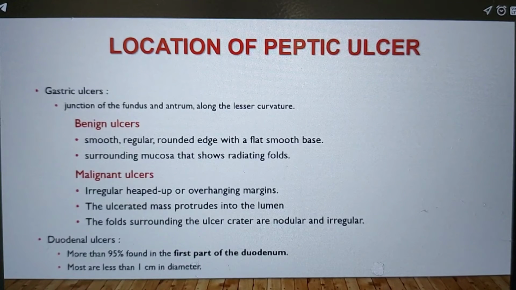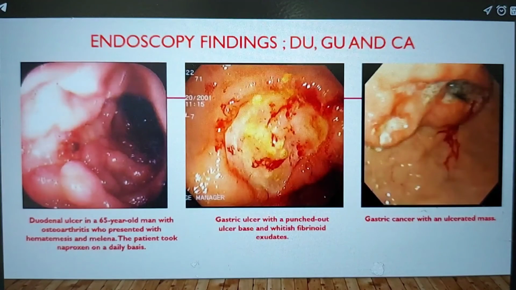For the duodenal ulcer, as I said earlier, more than 95% are found in the first part of the duodenum, and most are less than 1 cm. This is an example of endoscopic findings for the duodenal ulcer and gastric ulcer. The first picture showing the duodenal ulcer is a 65-year-old man with duodenitis who presented with multiple ulcers, and now the patient